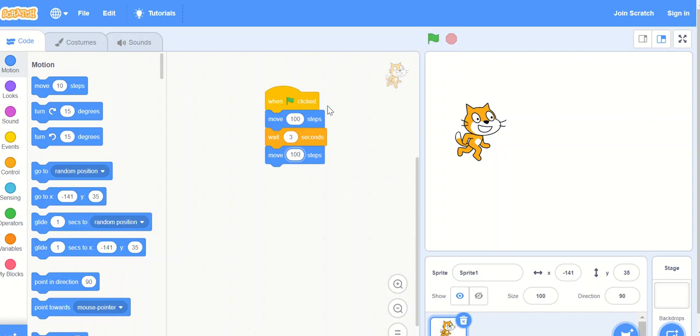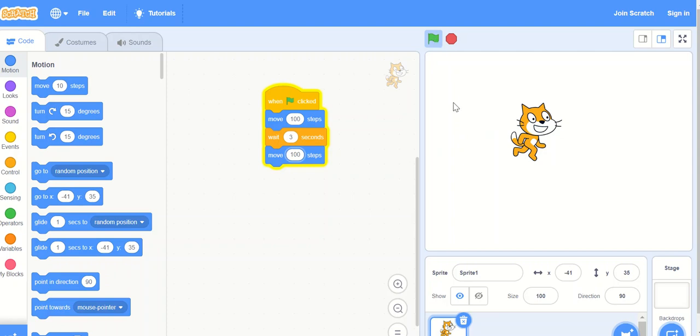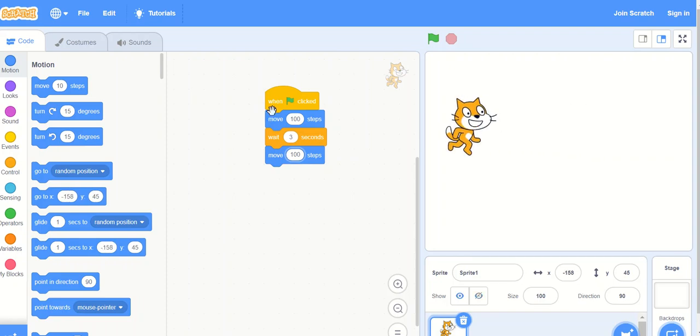Our first instruction is when flag clicked, which means whenever we click on the green flag, it will start the execution. Now see once again what happened. When we click on the green flag, it moves for 100 steps, then it waits for a few seconds. After that it starts moving again. Let's have a look at the stage once more.